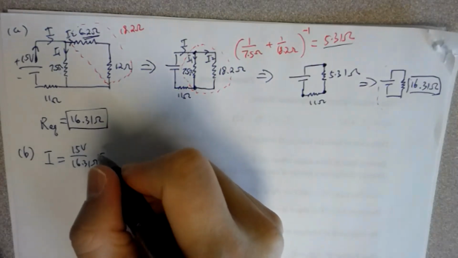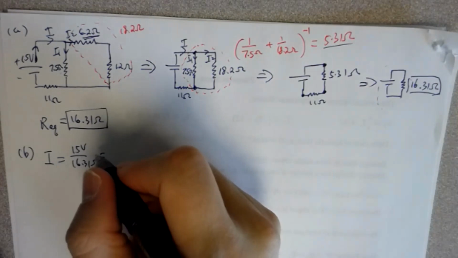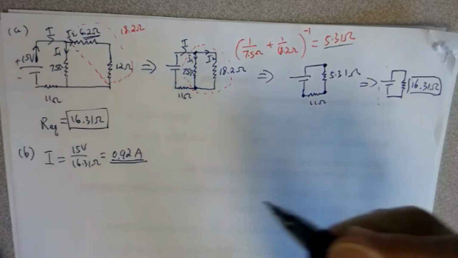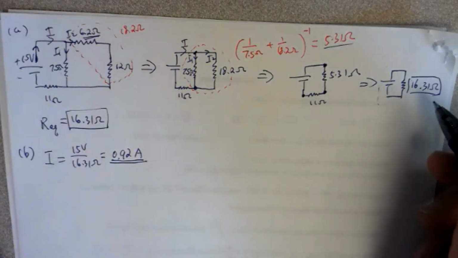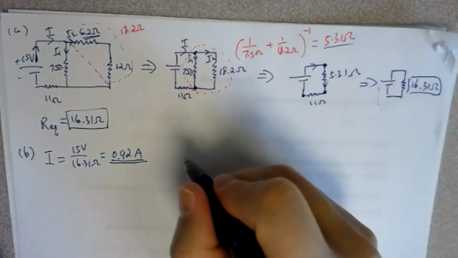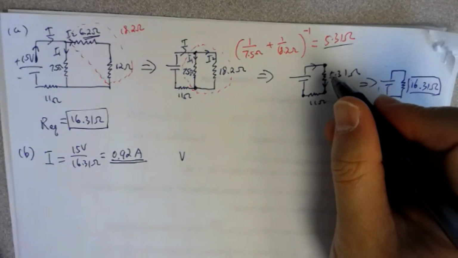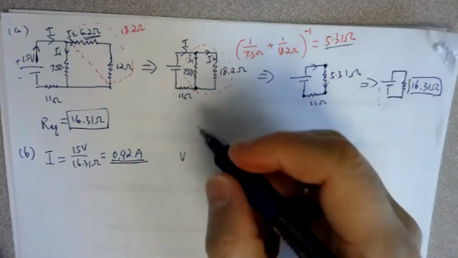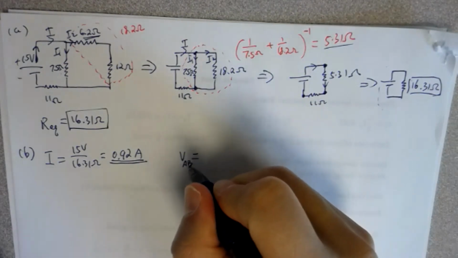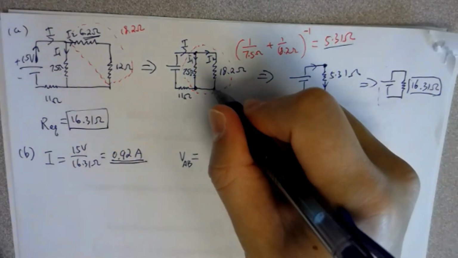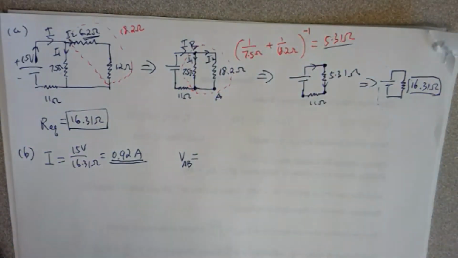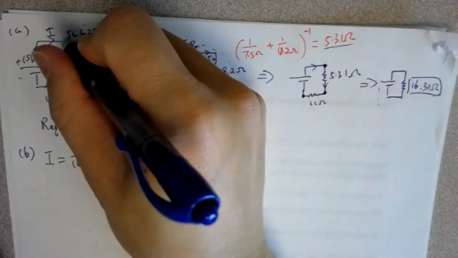That gives you 0.92 amps. Now the easy way is to use that 0.92, because that's the current in the circuit, so it goes through this one as well. Then V across the part that is in parallel, the voltage between A and B in the circuit, is equal to, at this point A and B here,